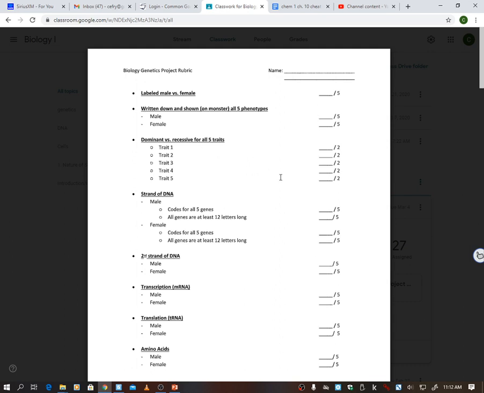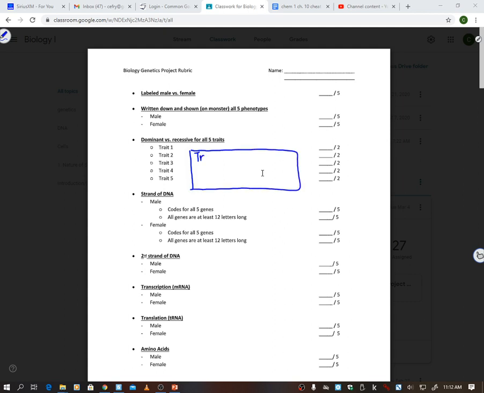You're going to tell me what is dominant. So if you tell me your monster has a tail, well, is the other trait no tail? Is it tail versus no tail? If so, which one's dominant? You've got to tell me that. And the easiest way to do that, and I think I showed you guys this on the previous video, and I know I showed them in class, is to just do a chart